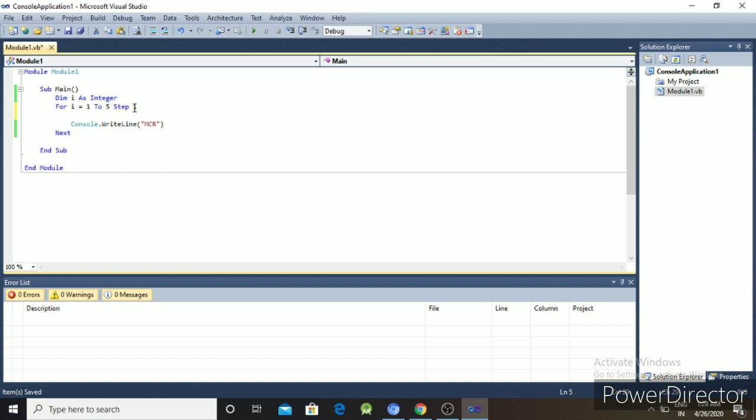This step is optional. If you want to increment the value of the loop control variable by 1, it will automatically increase by 1.